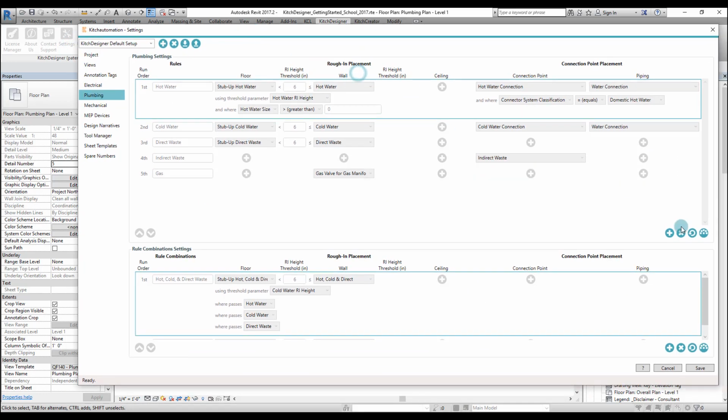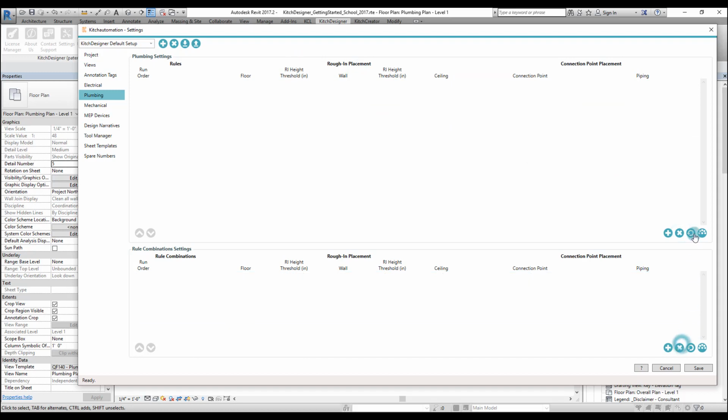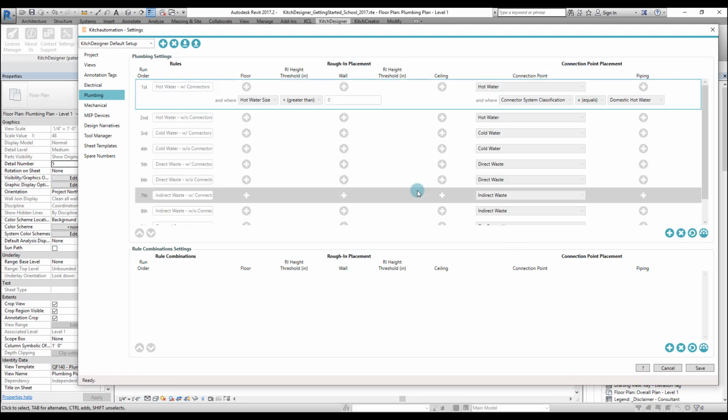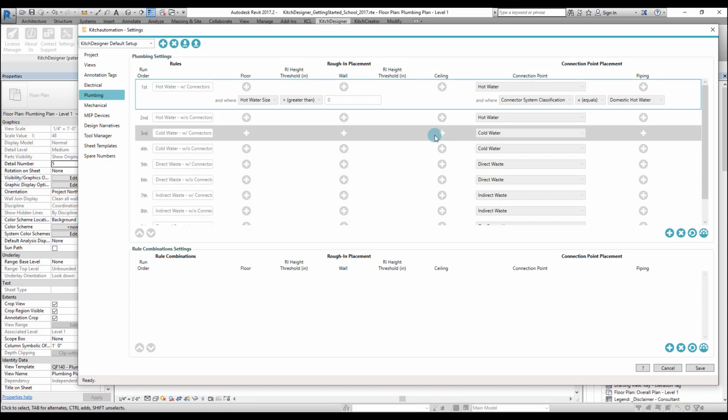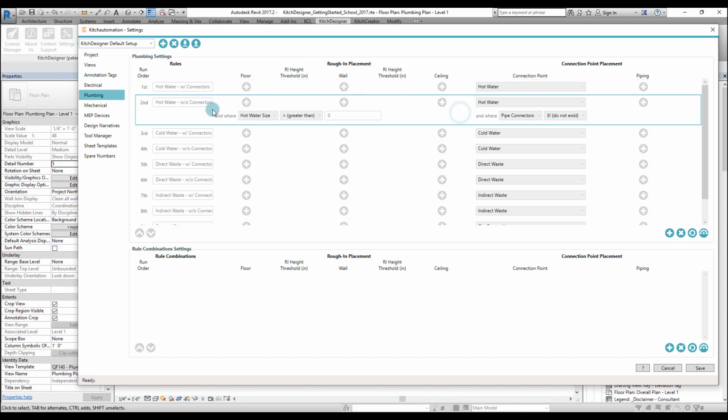Next, let's clear out all of our rules and let's load in our default rules for connection points. Connection points are generic annotation families. And the way they work is they use connectors that are inside of each family. So when families have connectors, a certain rule places a hot water generic annotation, and when those same families do